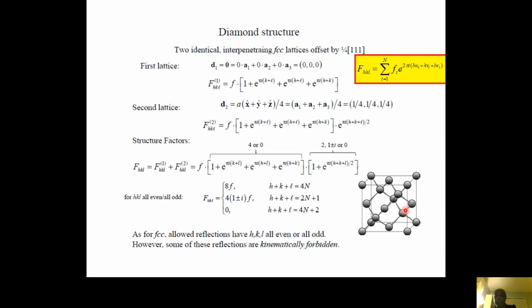So if you get 2 FCC lattices, you can just penetrate one into the other one, then you have this diamond structure. So then you can think about 2 lattices, with the first lattice having these 4 atoms, right? So then you get just like before, one FCC structure. Then the same way you can get the second lattice, but now in the second lattice, your atoms are actually